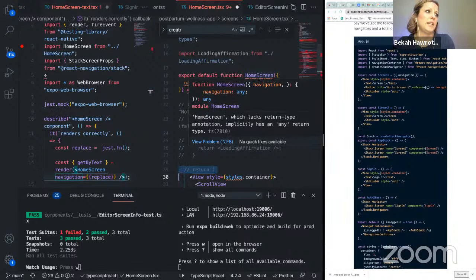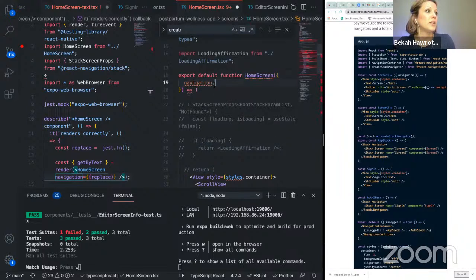Return type annotation implicitly has any return type. Okay, no quick fixes. Somebody give me the quick fix for that. There's got to be a quick fix here, right?